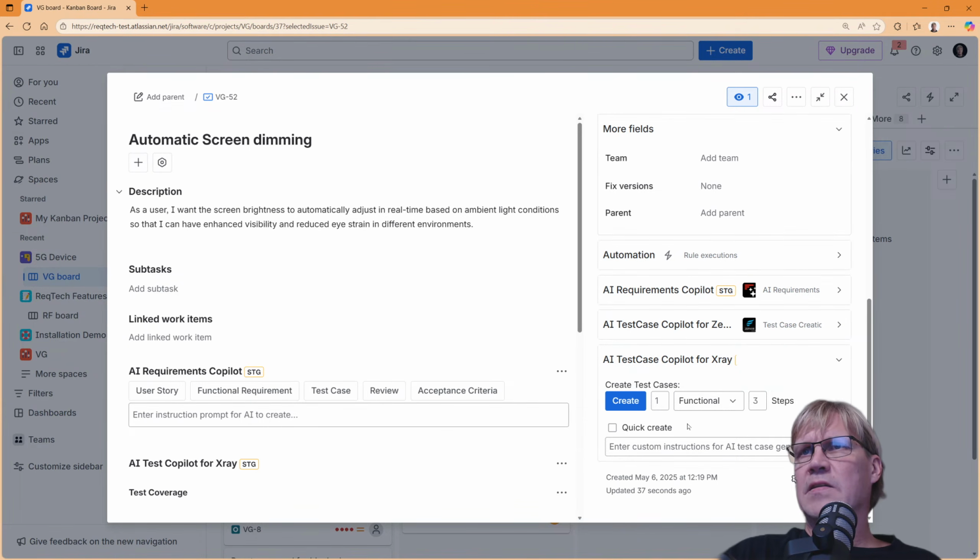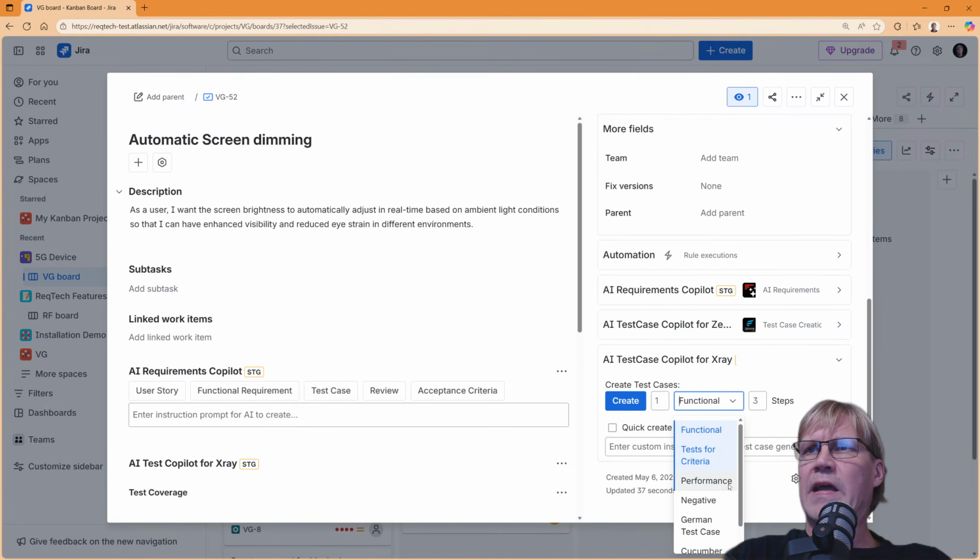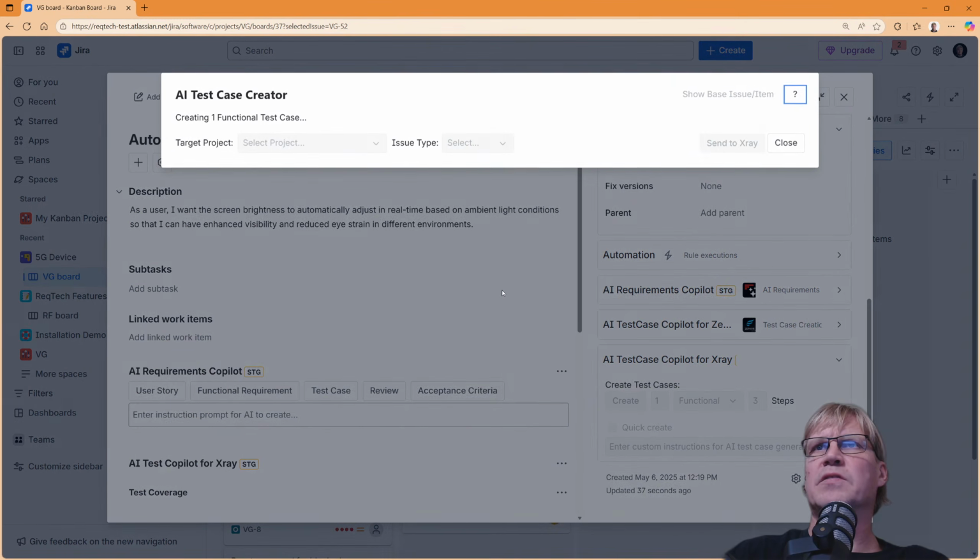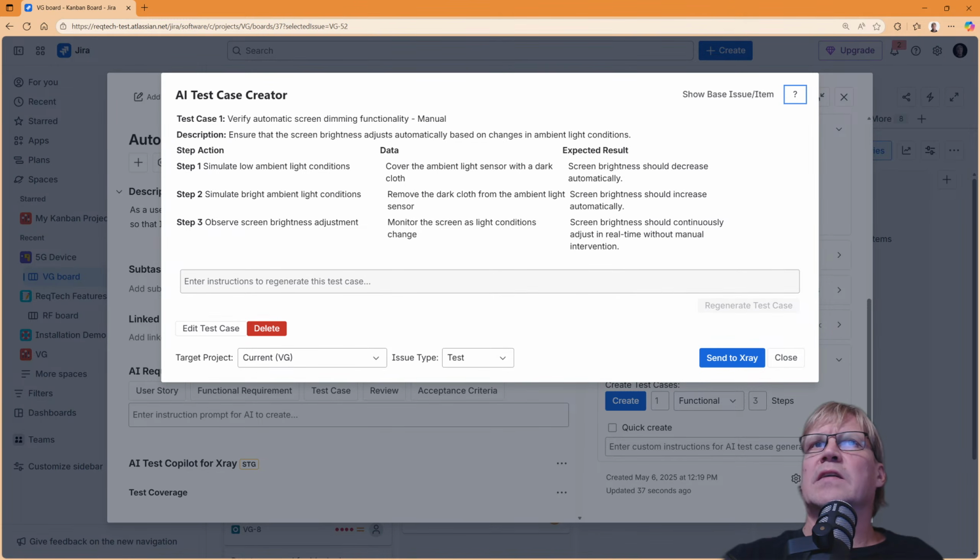summary and description, but instead of rewriting it, we generate test cases, and the user can select a list of different test case types. Again, these are predefined. Project admin can configure their own set of test cases, test types, and related prompts fully in the project settings. So let's just generate one functional test case with 3 steps, which is, let's say, the normal way of doing it. And then just a little wait, and then we get the test case